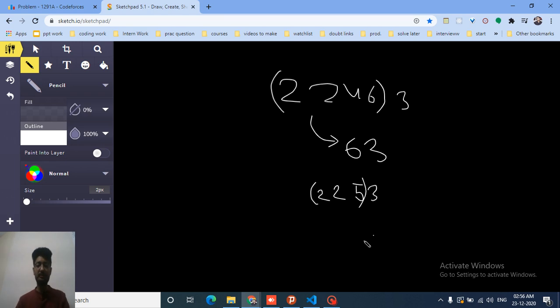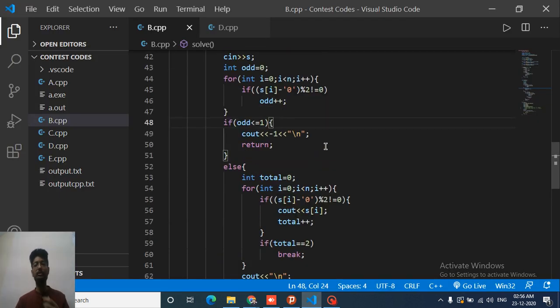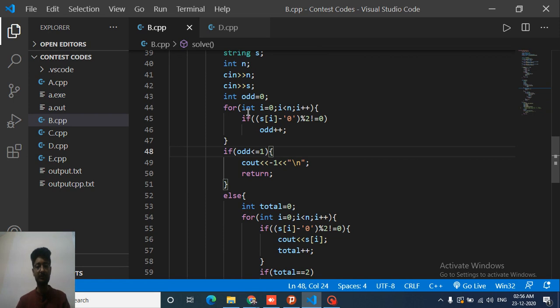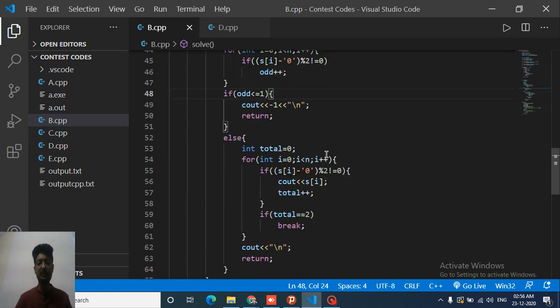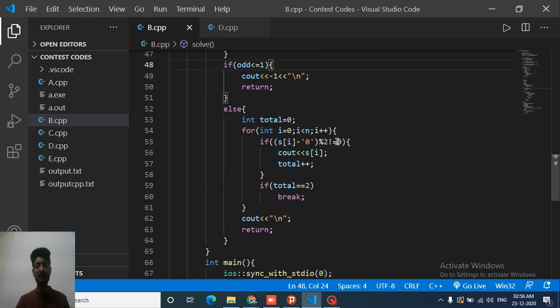The code is also now very simple. You just have to count how many odd digits are in the whole string. If the number of odd digits is less than or equal to 1, which means it is 0 or 1, then the answer is -1, which is not possible. But if it is equal to 2 or more, then you just have to print two odd digits. Now how can you print them?